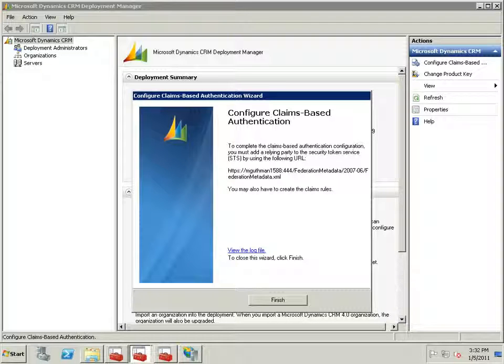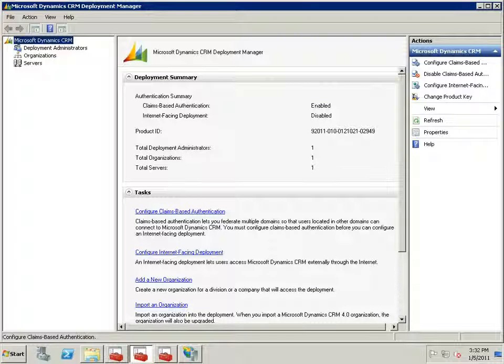Since this deployment will only be used for internet-facing deployment, we only need to worry about the external authentication endpoint essentially, but both need to be configured, claims and IFD, because claims is a prerequisite for configuring IFD. So as you can see, the deployment manager now indicates that claims is enabled, and the next thing we need to do is